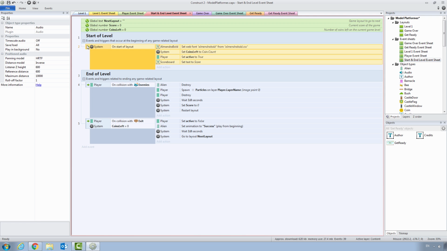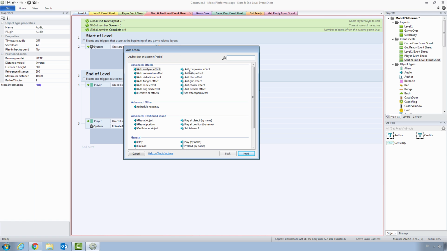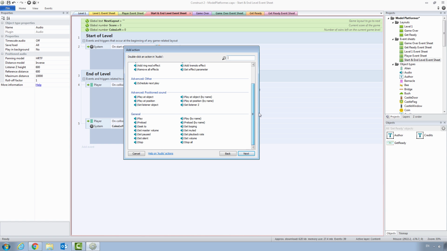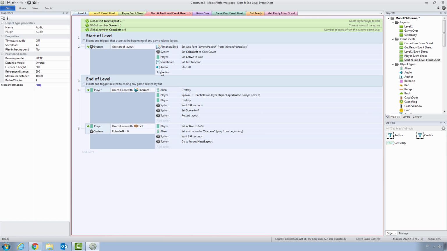So under the On Start of Layout event block, we're going to add an action. You'll see now that there is audio as an option. First thing we want to do at the beginning of any layout when it loads is stop all audio under General. We're going to move that to the very top to be the first